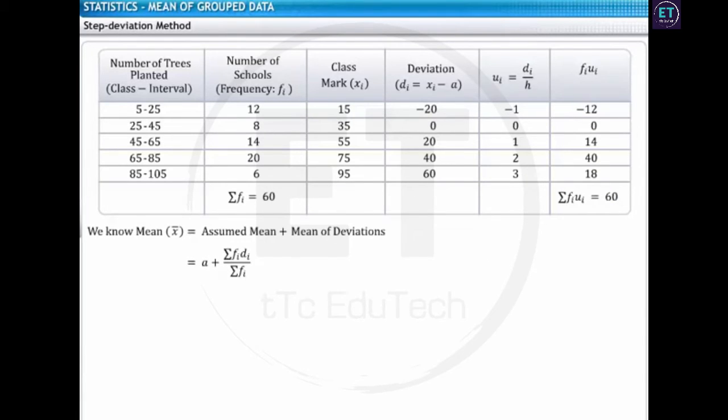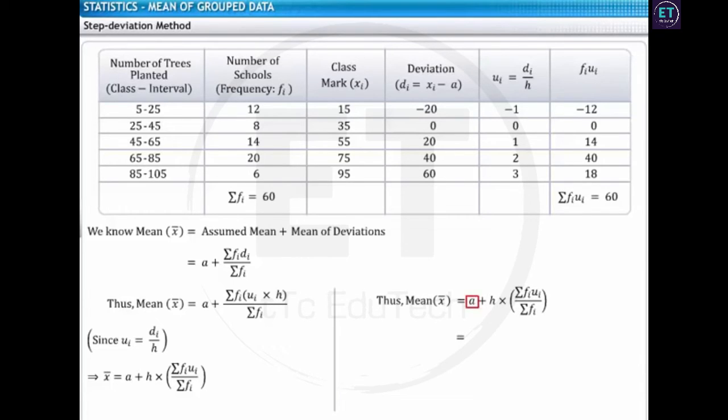Now, let us see how we can use this value to find the mean of the given grouped data. This involves a bit of derivation. Let us start with the relation we found in the assumed mean method. Since ui is equal to di divided by h, we can say di is equal to the product of ui and the class size h. Substituting this value in the equation, we find a relationship between the mean x bar, ui and h. Further substituting in the values,